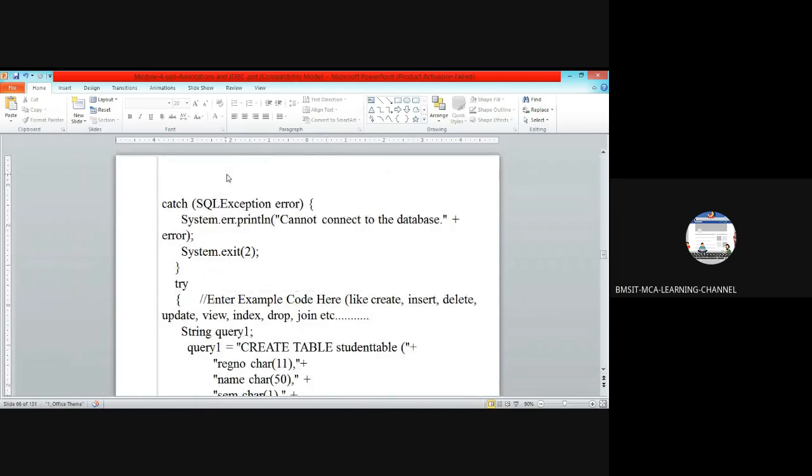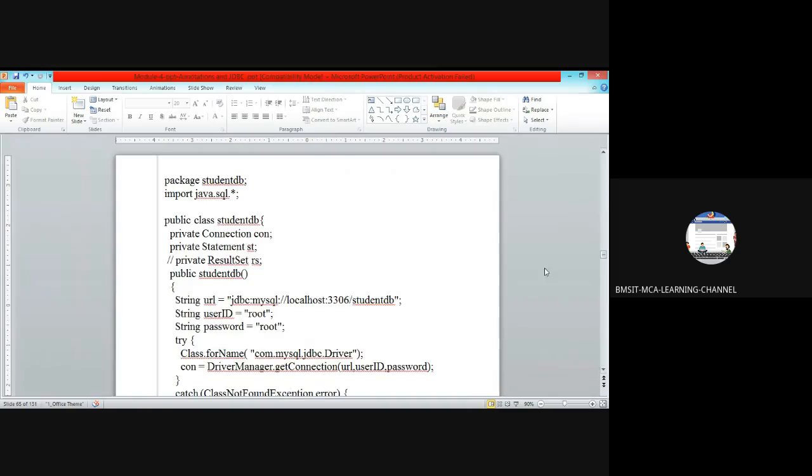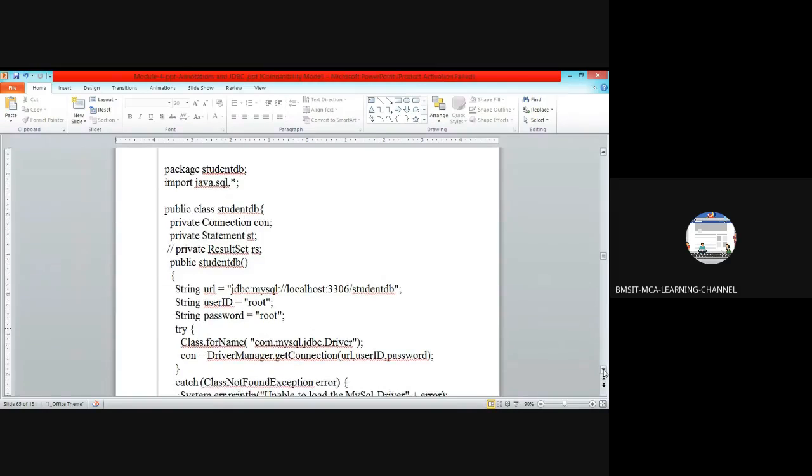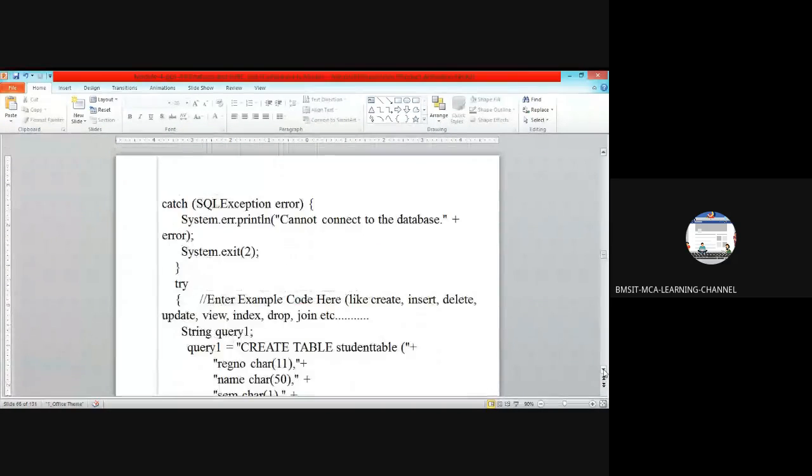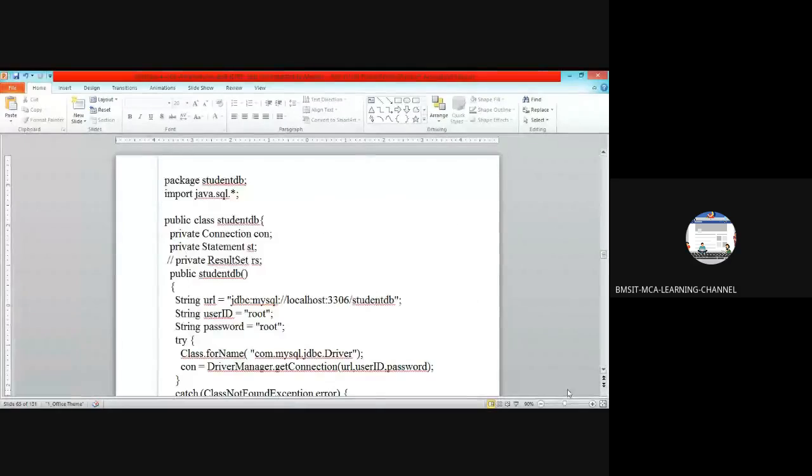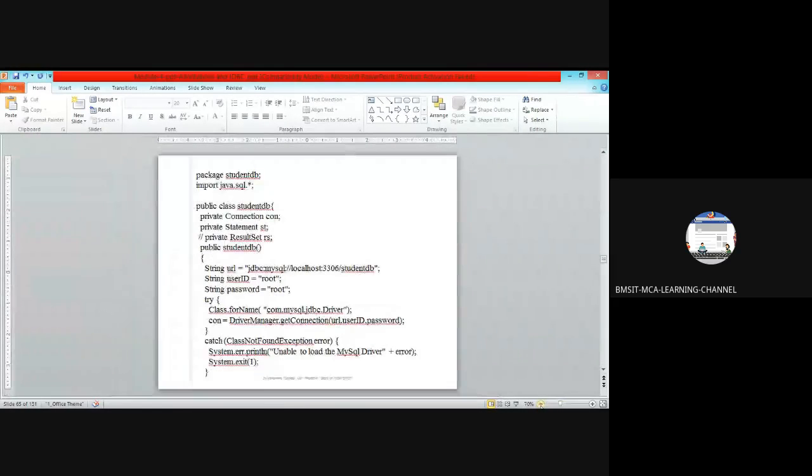Okay, then in continuation of it, there is a probable exception, like ClassNotFoundException. It will throw the ClassNotFoundException if you are not adding that MySQL connector to the library file.